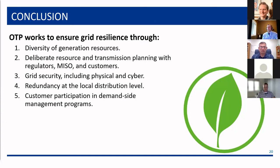We go through very deliberate resource and transmission plans, which includes regulators, MISO and different customer groups. Dean talked about our grid security, including both physical and cyber. We have redundancy also at the local distribution level where we have multiple substations that can feed the community. And then lastly, as I just talked about, customer participation, demand side management programs. That's also